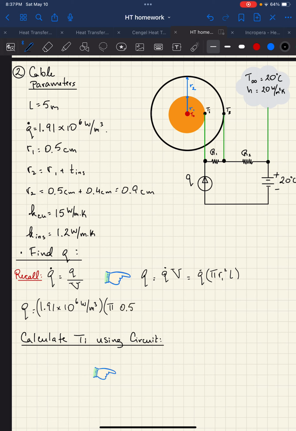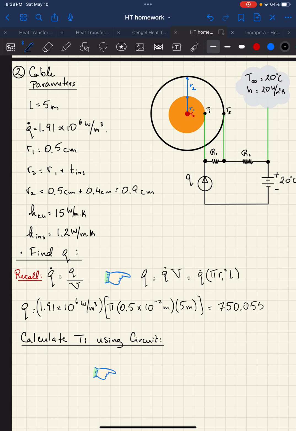Here's 0.5 times 10 to the minus 2 because it's centimeters. And I like to alternate square brackets and regular parentheses, just easier on the eyes. Okay, so we got this. And we should get that Q turns out to be